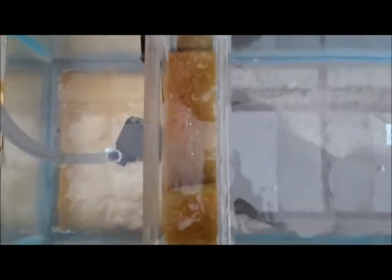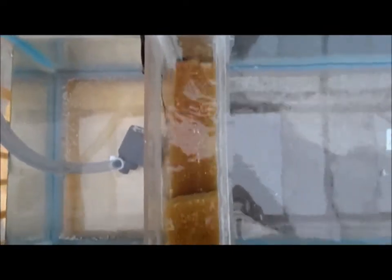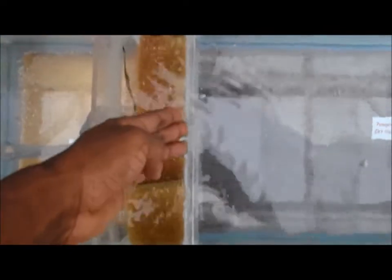A lot better than before. I'm happy with this right here. I'm expecting it to be perfectly straight, but it's good enough. Got that extra support right here,